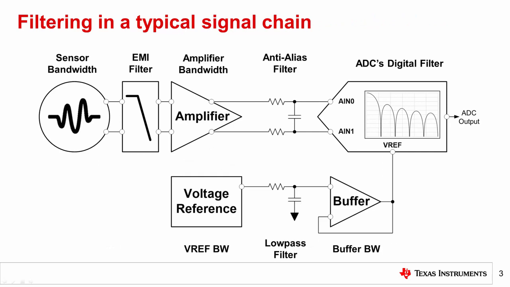For example, this more complete signal chain has many sources of filtering and two distinct input paths, such that calculating bandwidth is not a trivial task. It is possible that the sensor's noise will be filtered differently compared to noise from the amplifier, or that the EMI filter noise component will differ from the anti-aliasing filter's, even though both are first-order low-pass filters. To determine the bandwidth and resulting noise for each component, you need to understand how to combine filters. You can review the Precision Labs module on noise bandwidth for multi-stage filters for more information, as well as some approximations that can simplify your analysis.